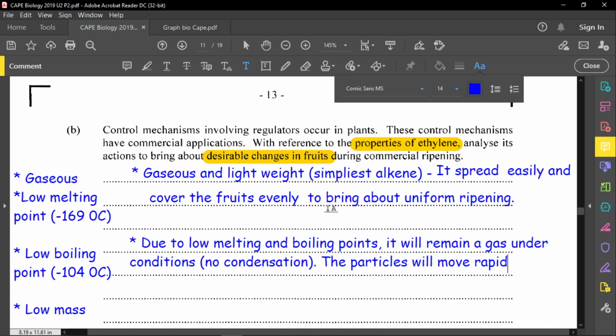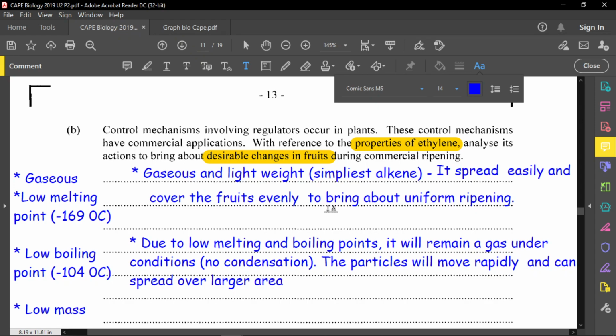So they tend to move rapidly. And remember, this is also based upon the kinetic theory of matter, that as temperature increases, the particles will move faster due to more kinetic energy, and so they move more rapidly, all right? And so therefore, if they move rapidly, they can spread over a larger surface area, a larger